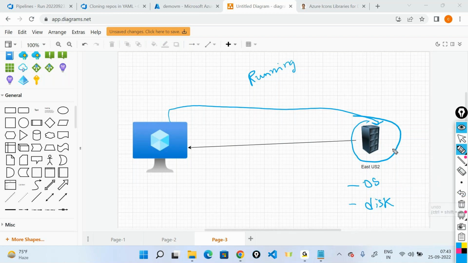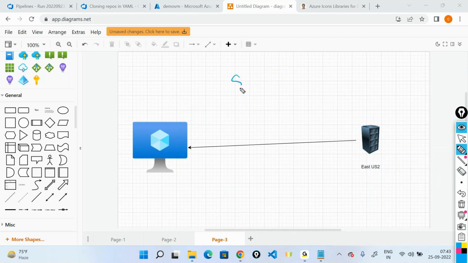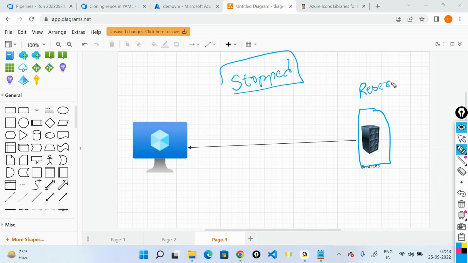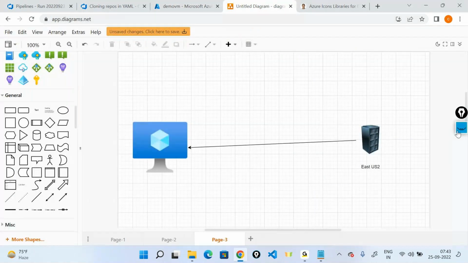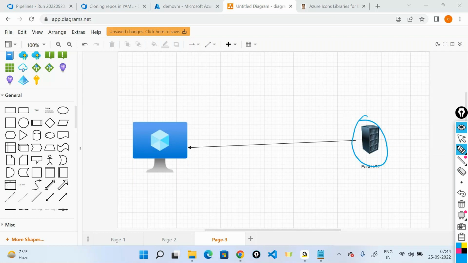But when the machine is in a stopped state, how did I make the machine stop? I went inside the machine, clicked on shutdown, and the machine went into a stop state. When the machine is in a stop state, Microsoft will say, okay, you stopped it, but the backend running hardware, they will still reserve for you. When you wish to start the machine once again, how do you start it? Very simple, go to the Azure portal and click on the start button. They say, if you want to start the machine, we will allocate the same hardware for you, the same RAM, the same server, which means that there is a cost that you have to pay,